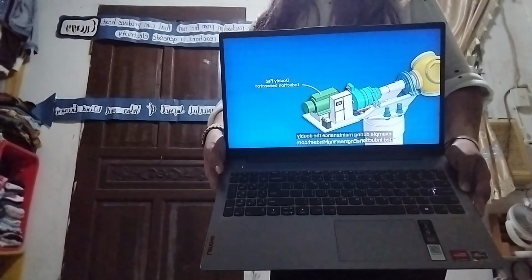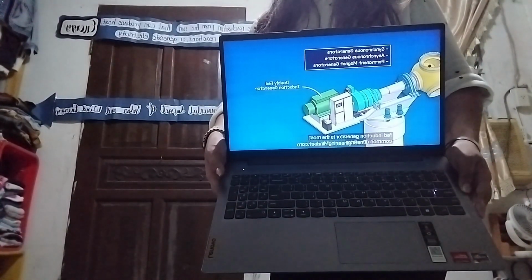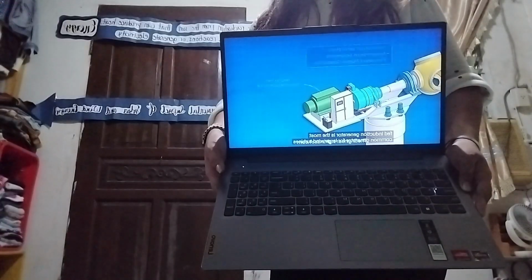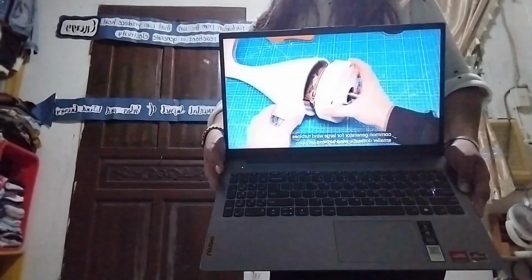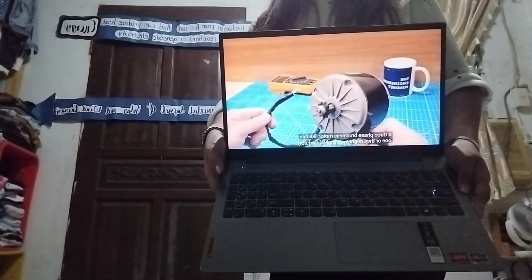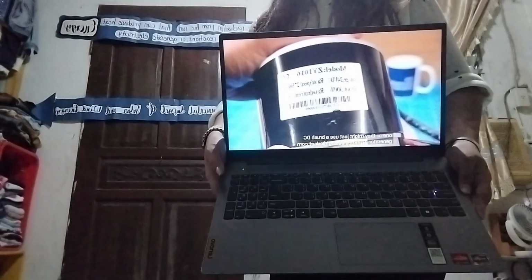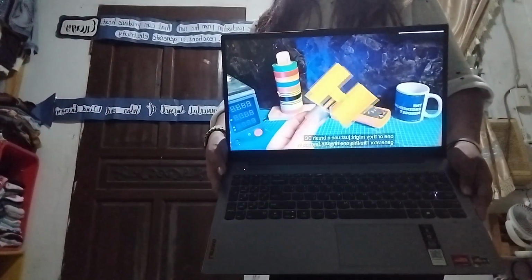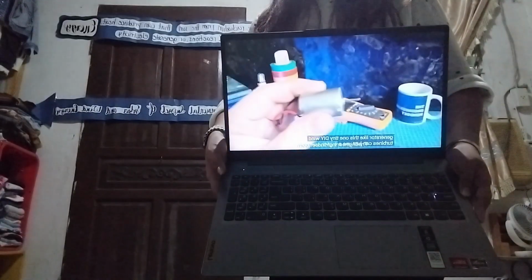The doubly fed induction generator is the most common generator for large wind turbines. Smaller domestic wind turbines might use a 3-phase brushless motor like this one, or they might just use a brushed DC generator like this one. Tiny DIY wind turbines can just use a basic DC motor. When we pass DC current through a coil of wire, it produces an electric